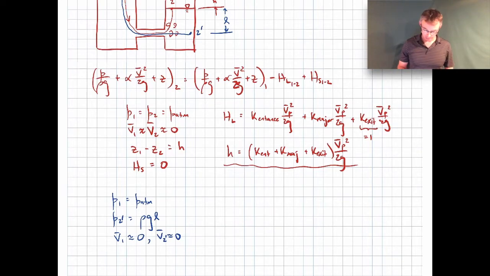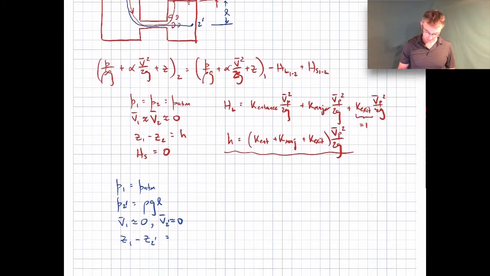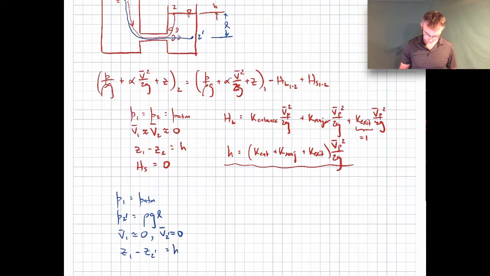You can see that the pressure here I used was a hydrostatic pressure because I'm assuming that the velocity is basically 0 there. So that's consistent with that assumption. And then we have Z1 minus Z2 prime, our elevation difference. If I look at the picture here, that difference will be H plus L. Okay, because now we have a different elevation. And when I substitute back into the extended Bernoulli equation, I'll have H plus L